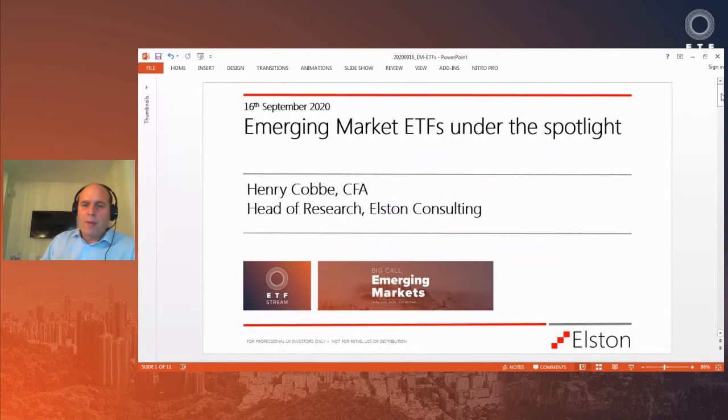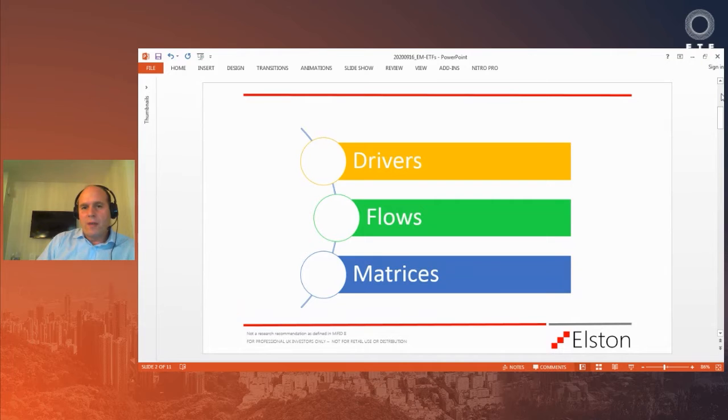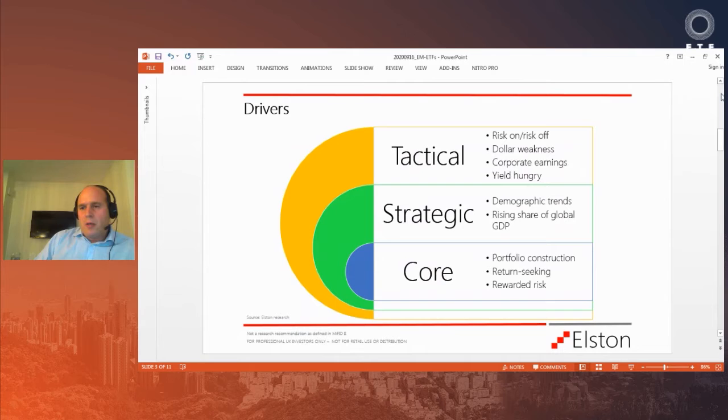We've been asked to look at the emerging markets ETFs under the spotlight, and what we thought we'd do is look at the three main drivers, the flows and the metrics that we use to evaluate emerging market ETFs, and look at the more nuanced exposures. So first of all, looking at the drivers, we believe obviously there's three layers for including emerging markets ETFs within